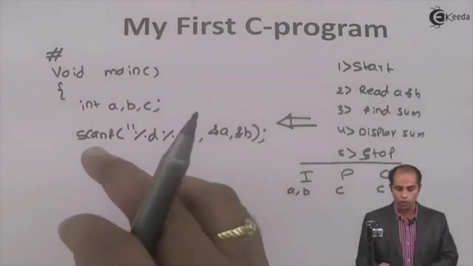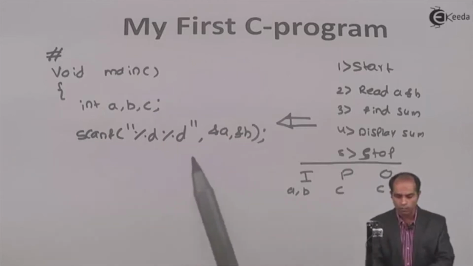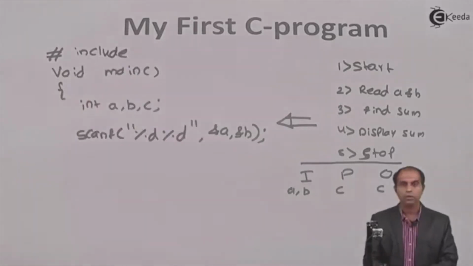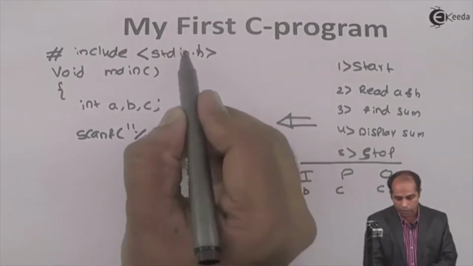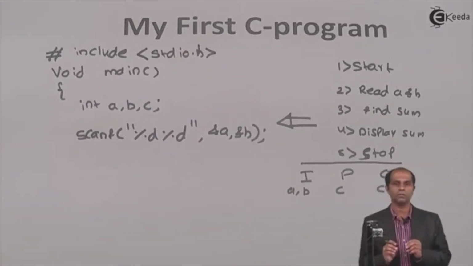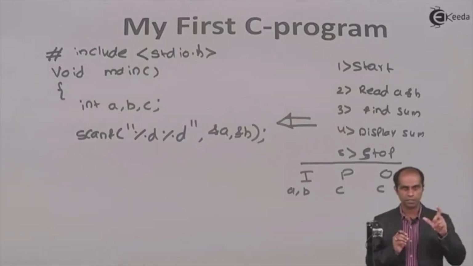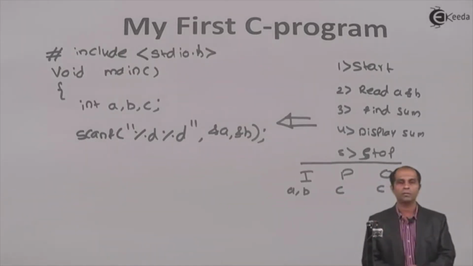Whenever you want to make a virtual link of your program with the stdio.h file, what I can do is say hash include. Now, this is a predefined file, hence use less than and say stdio.h. Now, this is neither a declaration instruction, nor an arithmetic, nor a data input output, nor a control instruction. Hence, don't place a semicolon. Hash says virtual establishment of link. Include says transfer the contents from a file called stdio.h. Wherever we use a scanf, it will automatically go to that particular place.